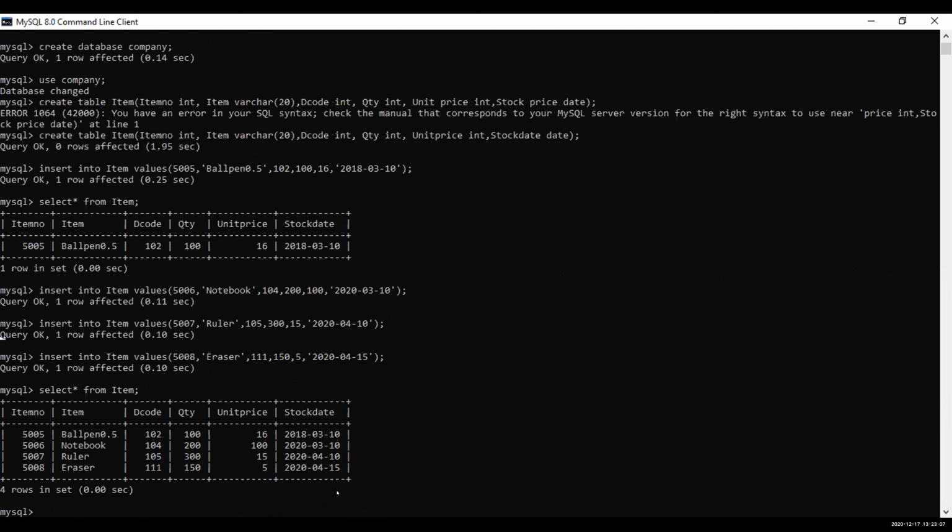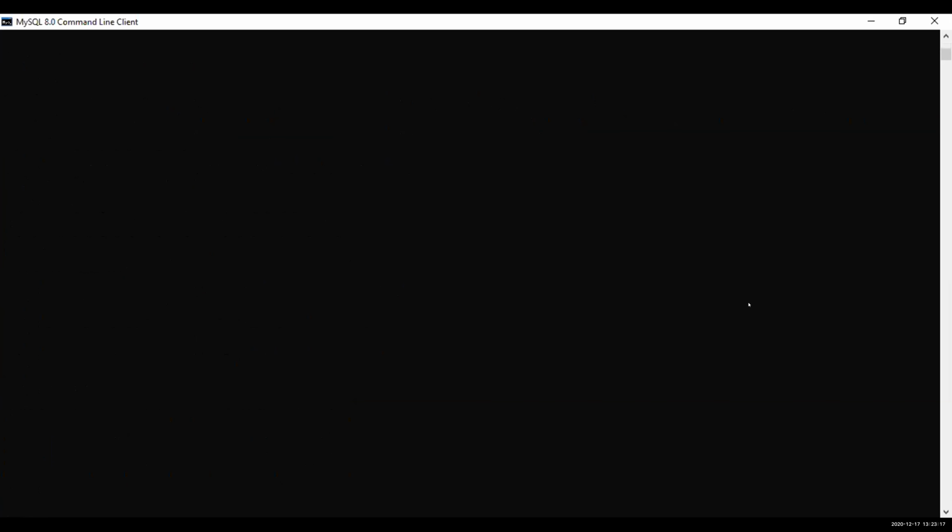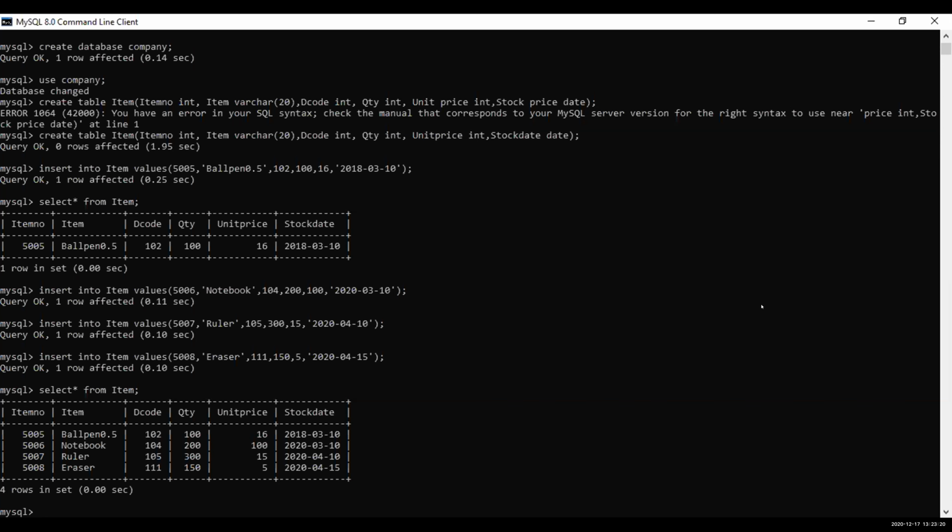So we inserted 1, 2, 3, 4 rows. Now, if you want to see the description of the table, what is the statement? Did I teach you that? In order to view the table structure, the command is DESC. Write down, Atul. DESC, C for cat. This is not your descending order. This is something else. Describe. DESC space item.